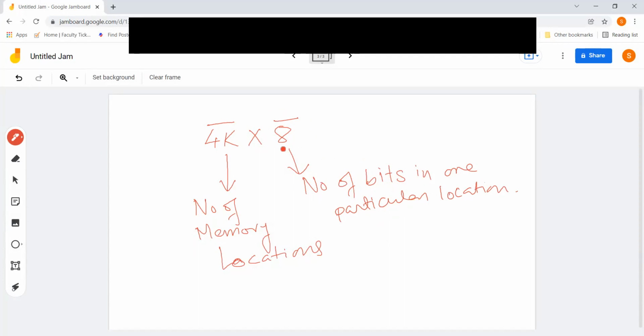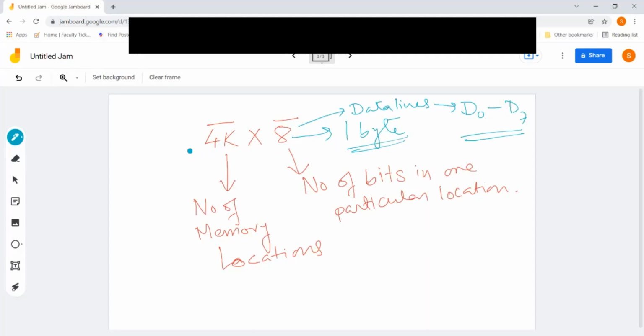Most of the memory devices you will find, the second number is always 8, because that is what is available in the market. So each location will have 8 bits or 1 byte. That is one register. Number of memory locations means how many such registers are there in the memory. This 8 determines how many data lines there will be. So data lines will be 8, and we can connect only D0 to D7.